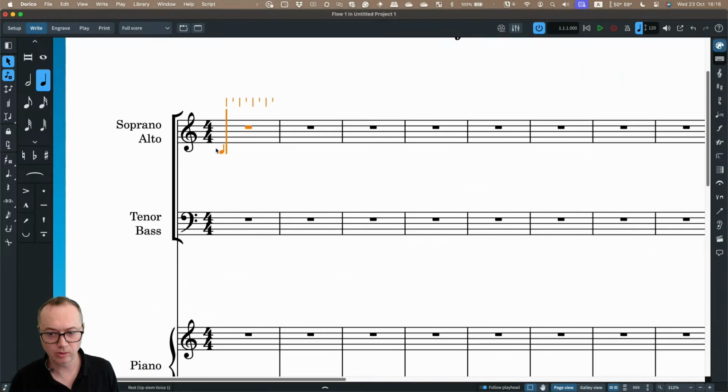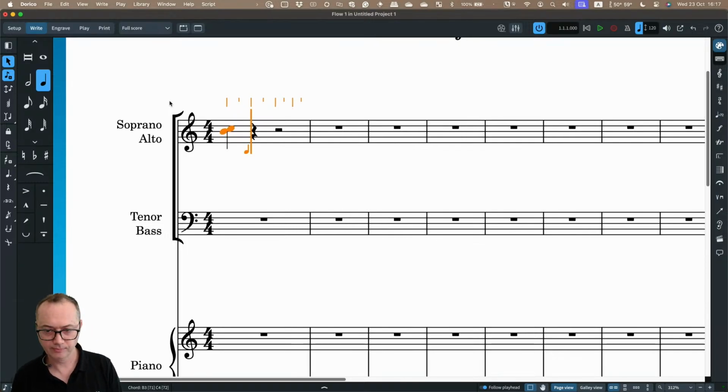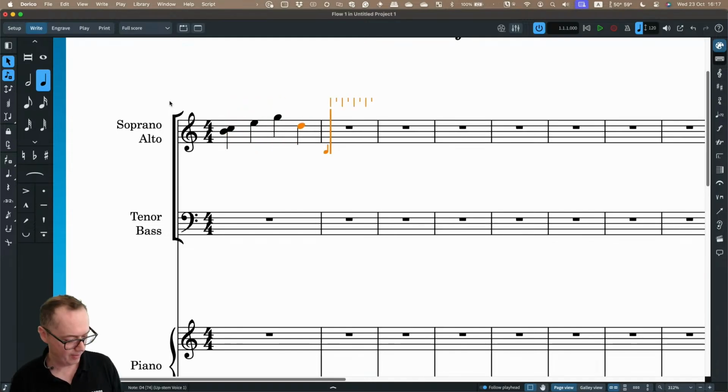And by default, you're inputting into the up stem voice. So effectively, for us at the moment, this is the soprano singer. So if I was to put some notes in here, oh, fat fingers, well done me, playing with my left hand. Well, delete that one. So you can just click a note and delete it. So while it was the up stem voice, because there's no other voices in here, all the stems are down, which makes sense. But now if I turn the caret line on again, and I want to enter some more notes into here